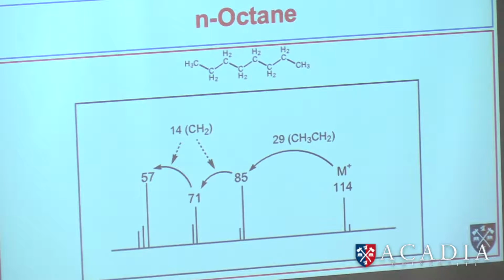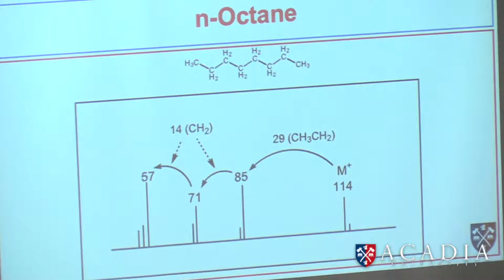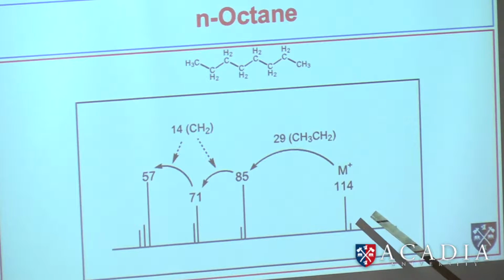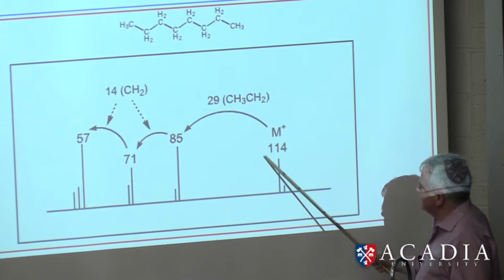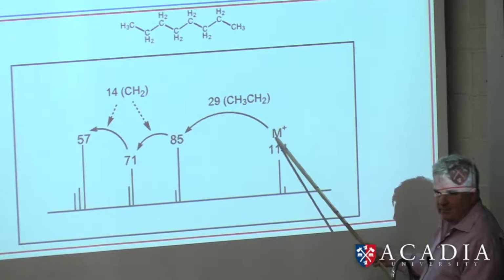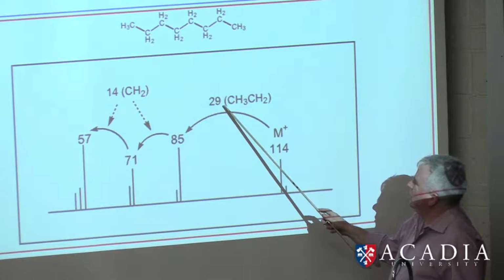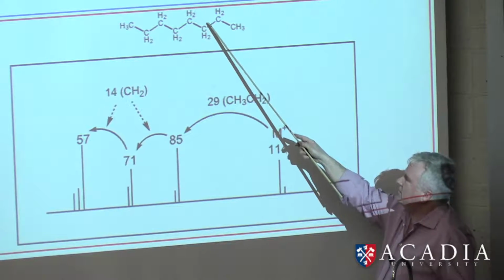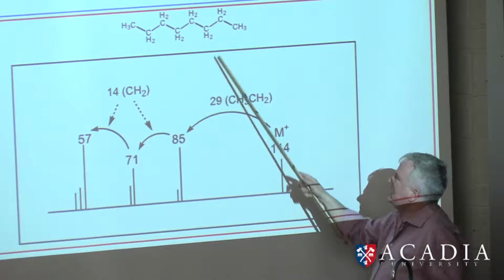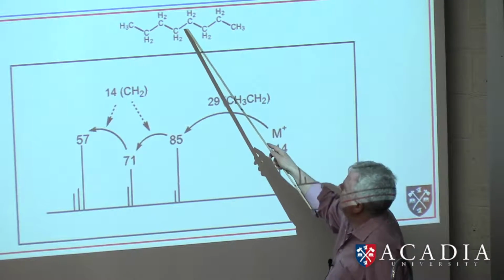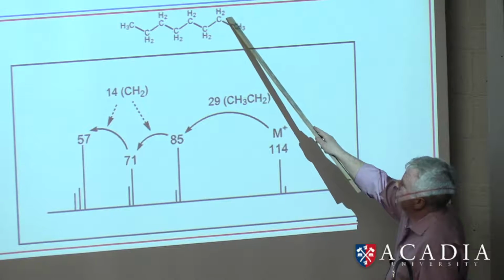So if we take a look at octane, now we have an opportunity to break a lot of different carbon-carbon bonds and get a lot of different fragments. This is actually a simulated spectrum, and it's not a very good one. There's our parent molecular ion, the molecular mass of octane. And we see a large peak where we've cleaved this bond from the radical cation. We've lost an ethyl radical to form that cation. And then we could break this bond or this bond, and we see those peaks as well. We don't see a large peak where we break one of the terminal bonds,